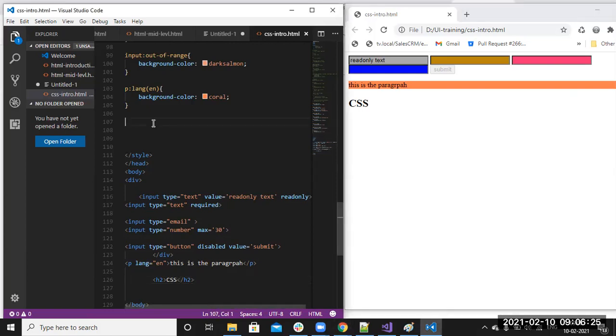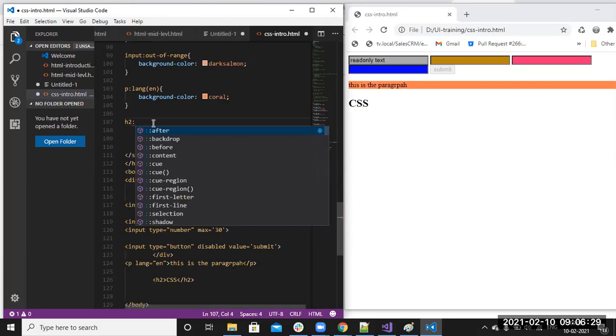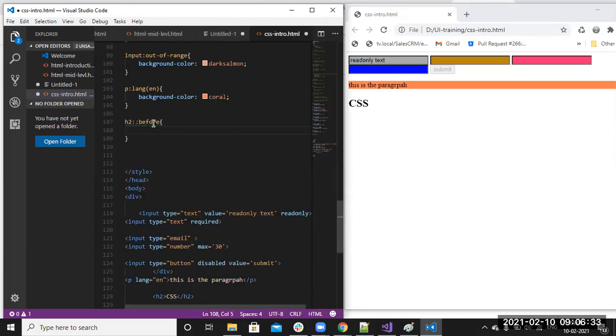So we have colon before and colon after. H2 colon before, and inside that, content. Now you can check that CSS, that cap symbol is there, right?